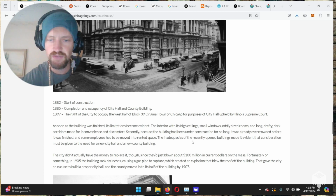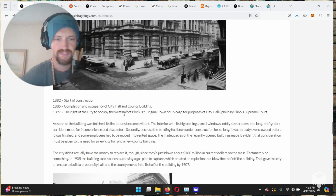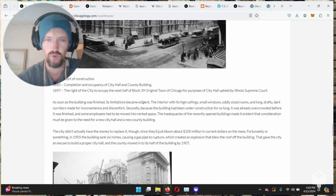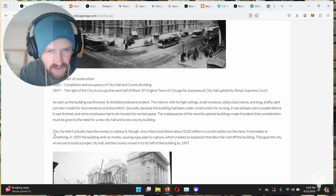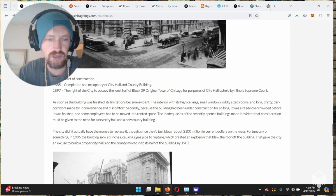The inadequacies of the recently opened buildings made it evident that consideration must be given to the need for a new city hall and a new county building. So, that's a funny story. They just built it and they found out it wasn't what they needed. Considering it cost $4 to $5 million, that's pretty shady right there. The city didn't actually have the money to replace it. Though, since they just blew about $100 million in current dollars on the mess, fortunately or something,